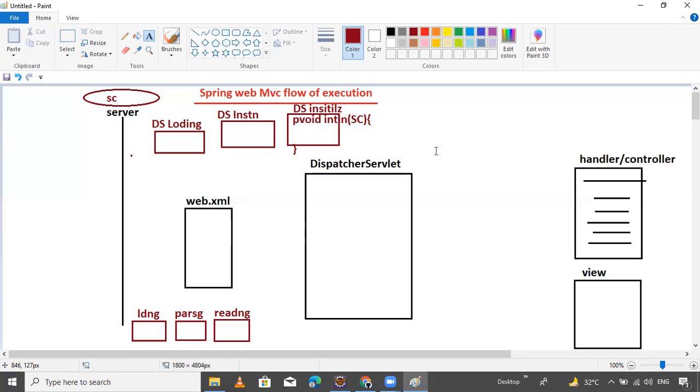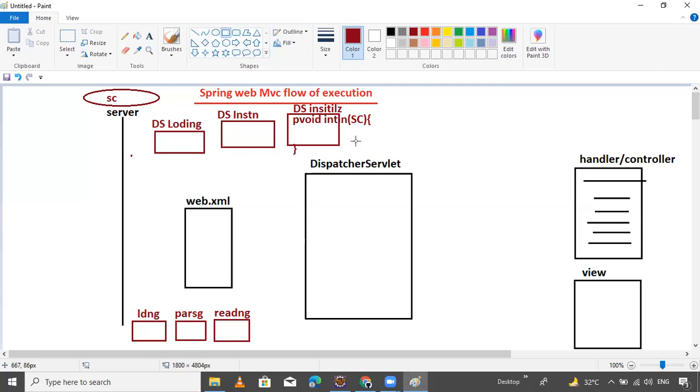This method means the dispatcher servlet recognizes the web application context implementation class, and performs web application context loading, instantiation, and initialization.